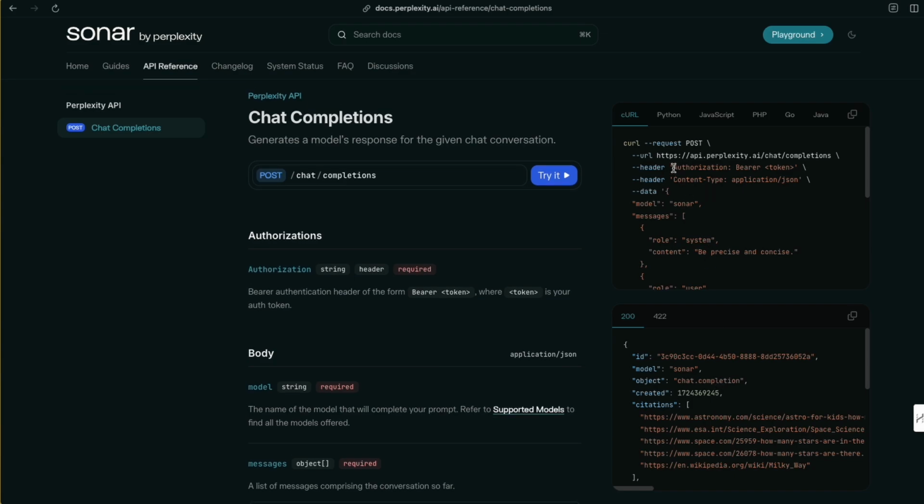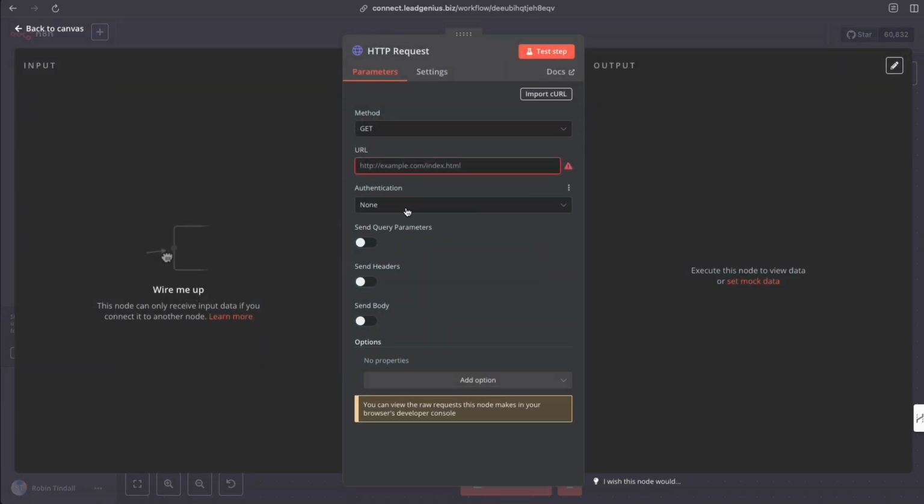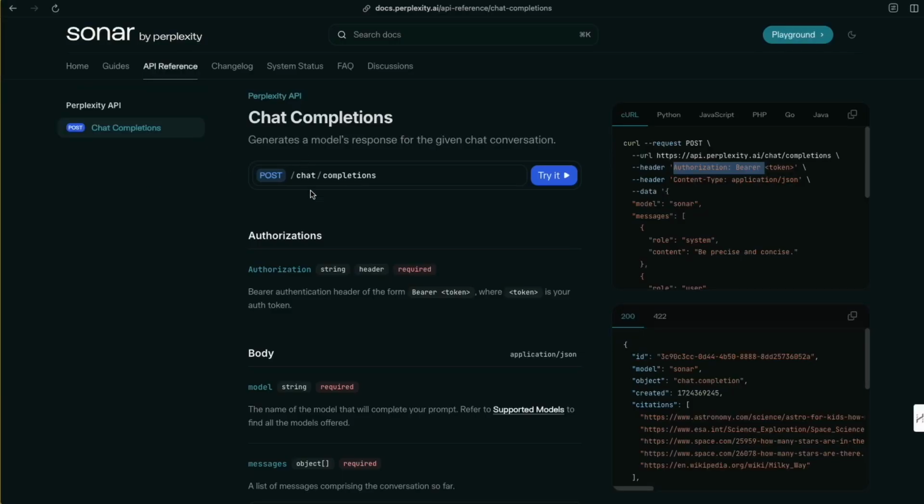So let's go and set that up. I'm going to just copy this whole thing up here, and I'm going to stop just short of that token key here. So I'm just copying that text. Coming back over to my node here. And now I'm going into my authentication. Now, what did it say here? Let's go back here. It says